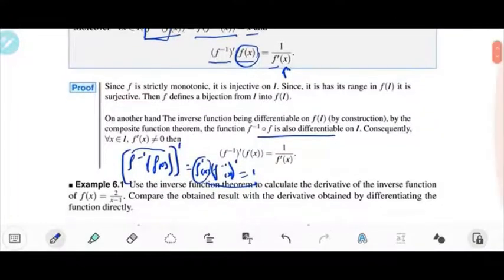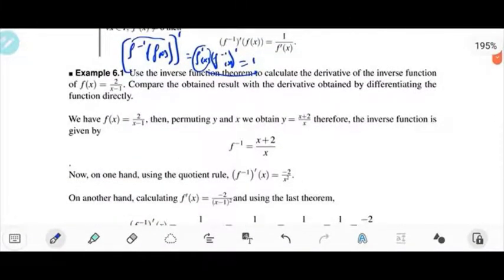Let's look at this example. Use the inverse function theorem to calculate the derivative of the inverse function of f of x equal 2 over x minus 1, and compare the obtained result with the derivative obtained by differentiating the function directly. So first we take the function f of x equal 2 over x minus 1, and we calculate the inverse